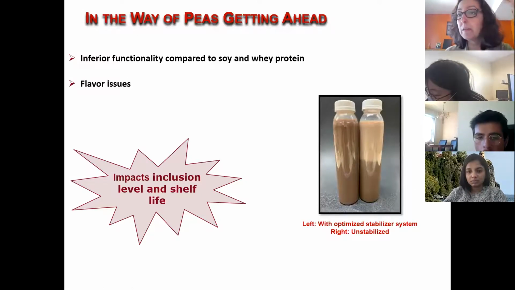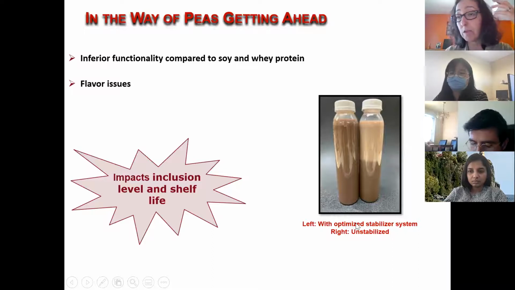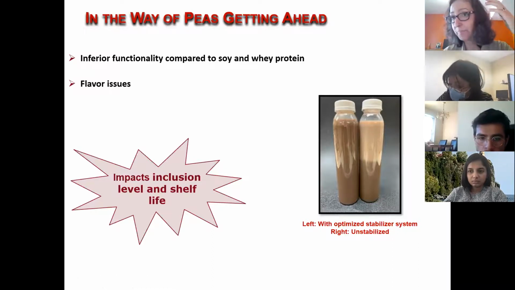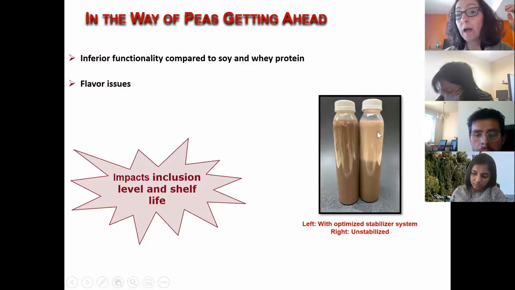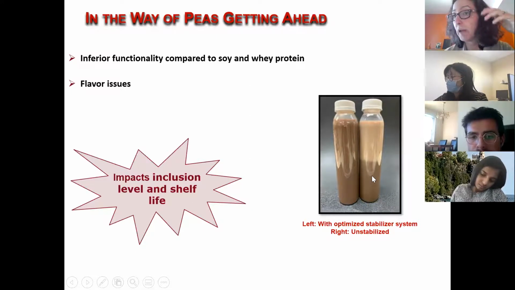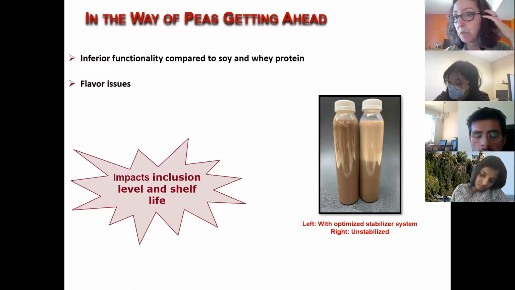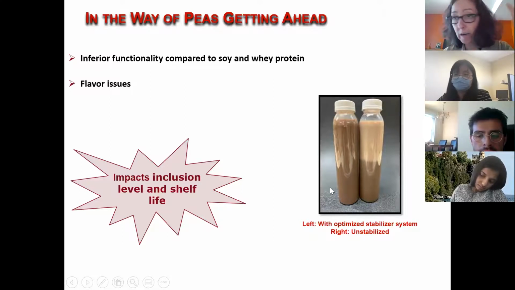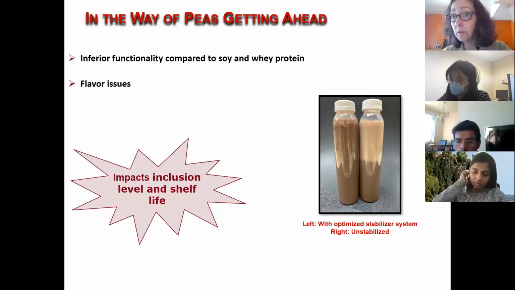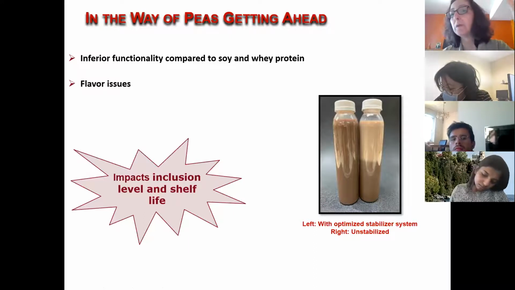So what happens in this case is when you really, really want to formulate with plant proteins, then you start needing to add stabilizers. So then your ingredient list grows. So here's actually not an acidic pH, a neutral pH beverage without a stabilizer. Over a little bit of time, it's going to separate. Protein is going to sediment. But if you add stabilizers, such as carrageenan, for example, for neutral beverages, it will stabilize it for a short period of time. So you can make a beverage from plant proteins,